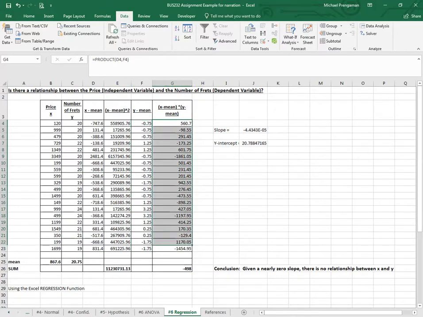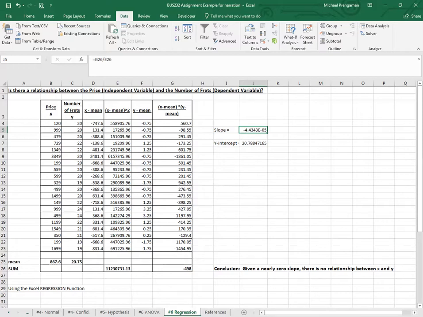The slope then is the calculation of the sum of x minus its mean times y minus its mean divided by the sum of the squares of x minus its mean, and that gives us a slope of minus 4.4 times 10 to the minus 5, nearly 0,